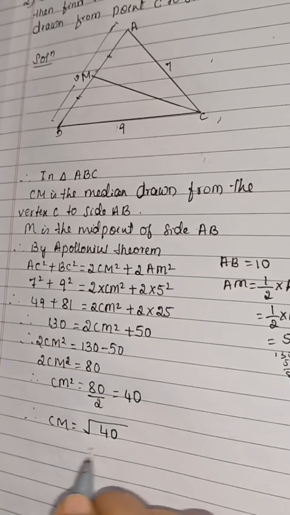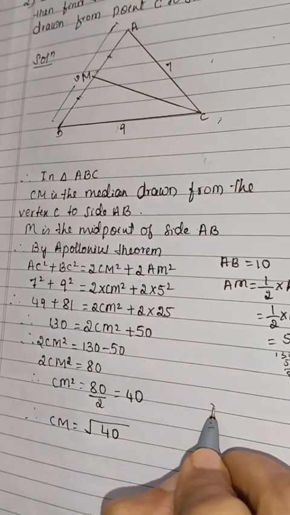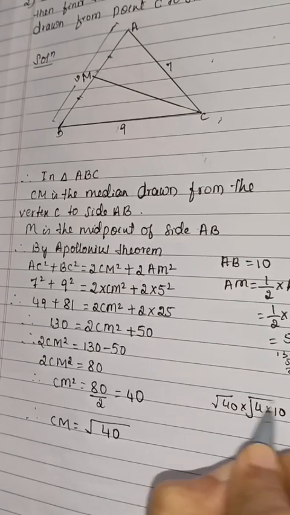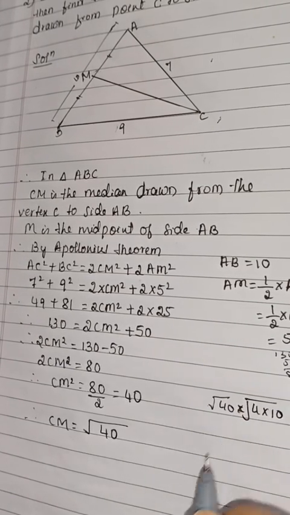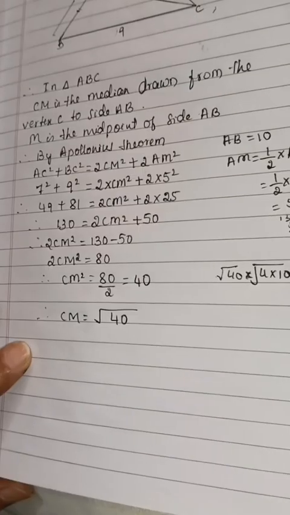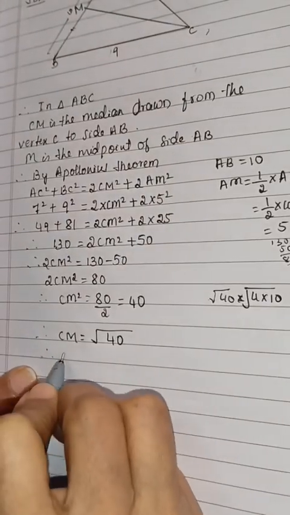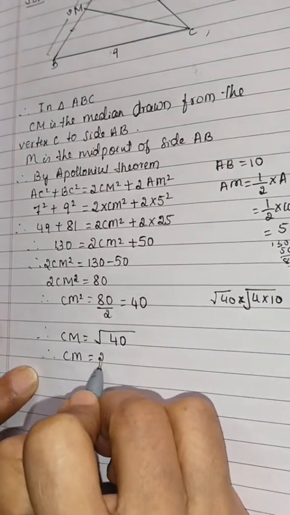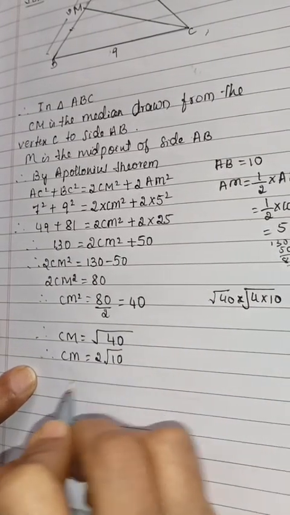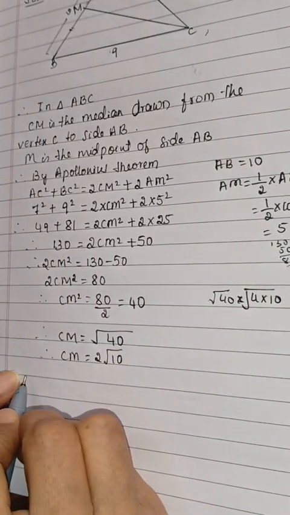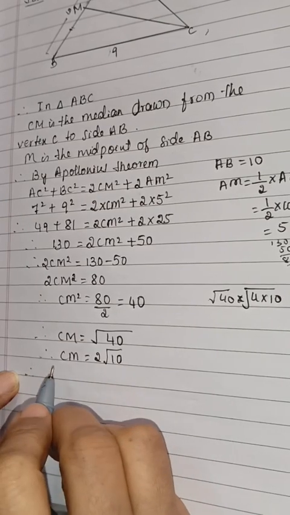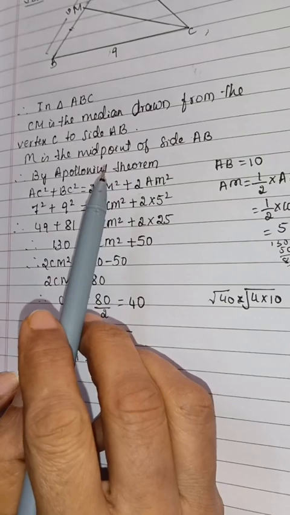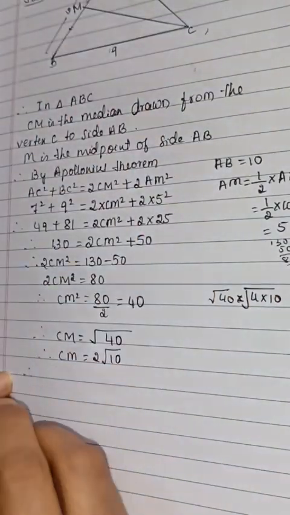Square root of 40, how can we write 40? Square root of 40, we can write 4 multiplied by 10. So that 2 we can keep out. Therefore, cm is, keeping 2 out, 2 root 10. Okay. Therefore, cm we got, no? So therefore, the answer is